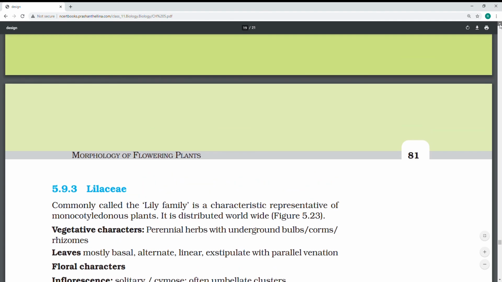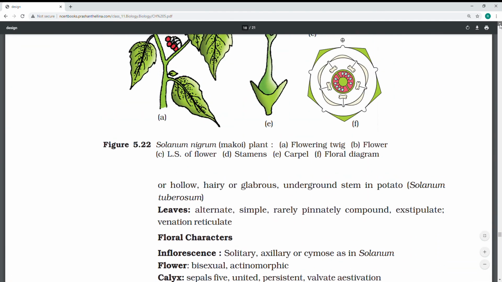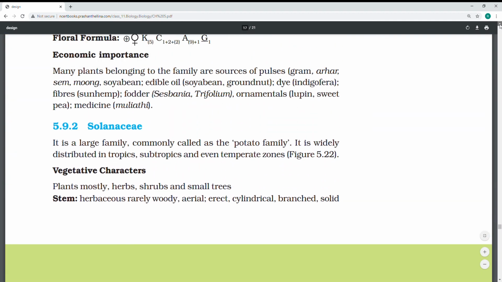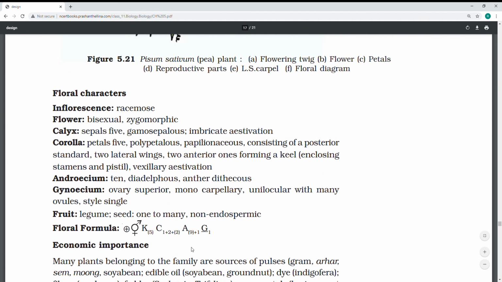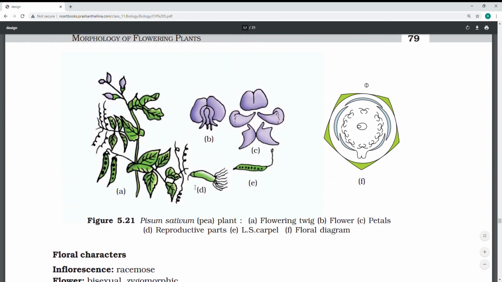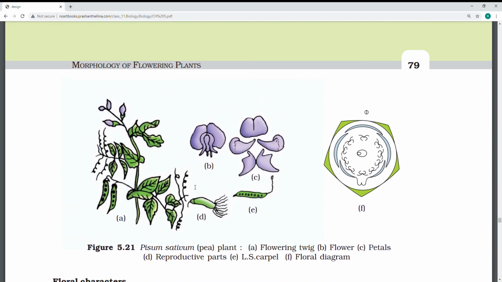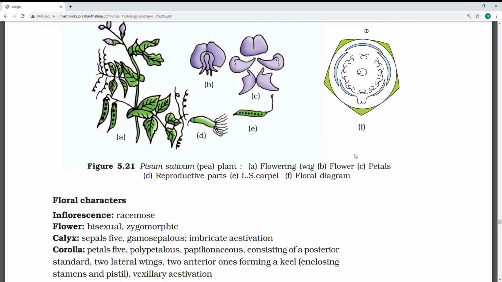So I will move on to Fabaceae now. Fabaceae is not included this year, but you can learn it as I have explained how these are. With this, I thought you understood the diagram. This is a little complex. Now you see the outer side, all are in vexillary distribution. Here one petal will be outside, two are on one side outside, and these are alternately arranged. So this is the diagram.